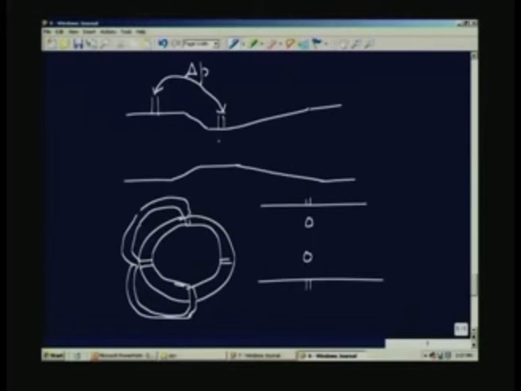So, here also you will have several holes on the periphery, all of them connected to this tap, and here I have several holes which are connected to this tap. So, it is the average pressure around the periphery which is normally measured in the case of an installation like this.